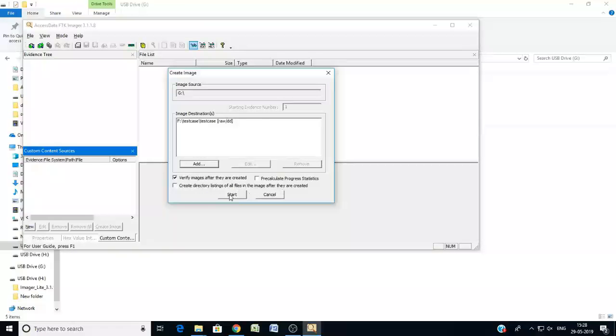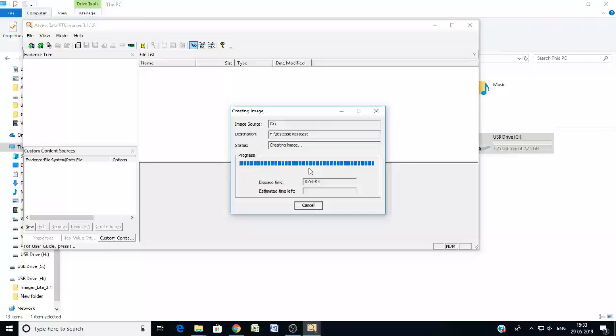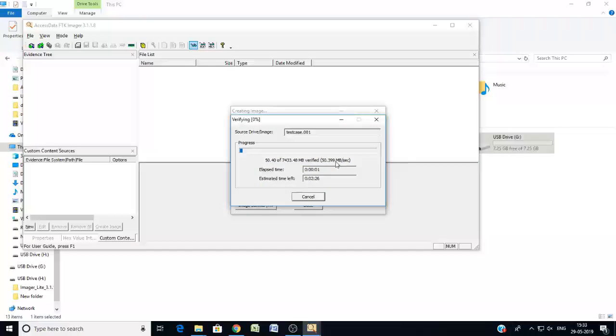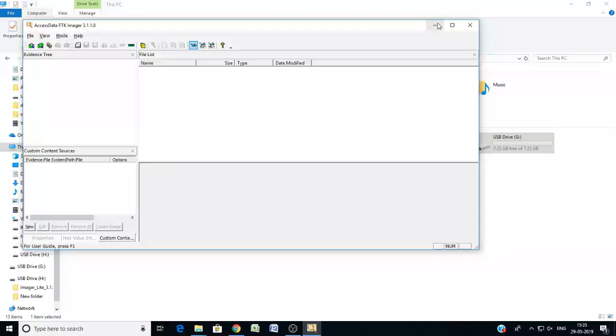Now this is the time when, in the SSC's premises, we wait for hours and hours. Here it is only 8 GB, so still it will take a lot of time. I will just cut short and move forward. Here you can see that it's still taking 5 minutes. Then it will verify the hashes, through which we are able to ascertain whether or not it has been properly imaged. It will create some hash values, MD5 values also, which you can see, and it will also create a text file containing these values, which we will use in our Form 65B.